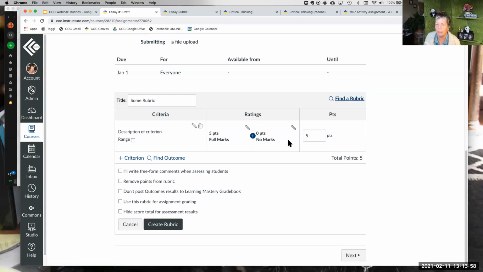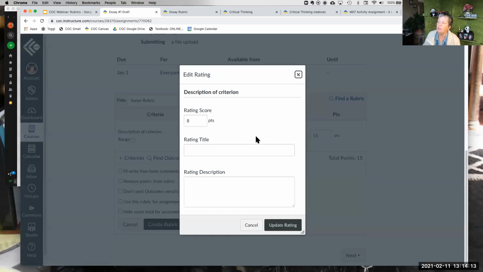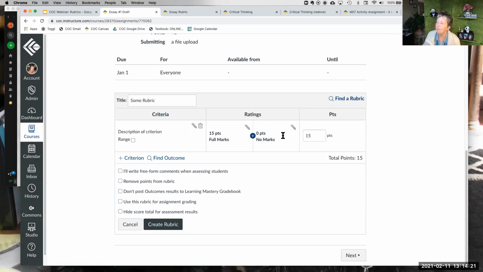One thing to know about Canvas, they give you the high rating and the low rating already in there. And you can change the points at any time and it will adjust the whole thing as you do. And then you click the plus to add middle ratings. What has happened to me and to some other people is I'll see the two, I'll go in and edit this to be the middle rating, and then I want to add the lower rating.